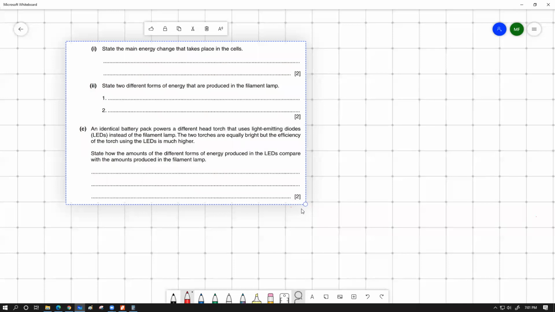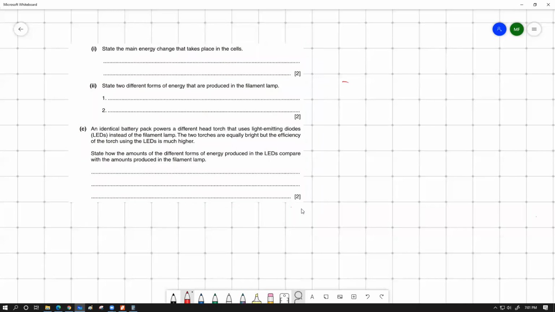An identical battery pack powers a different head torch that uses light emitting diodes, LEDs, instead of a filament lamp. The two torches are equally bright. Important term, they are equally bright. এটা আমাদের কাজে লাগবে। But the efficiency of the torch using the LED is much higher. State how the amounts of different forms of energy produced in the LEDs compare with the amounts produced in the